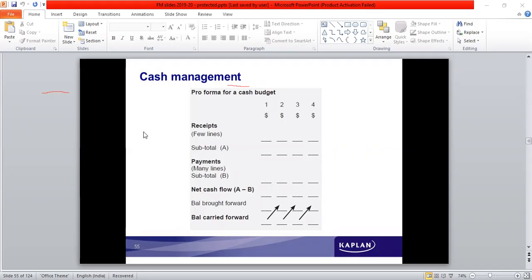The next topic is how is a cash budget prepared? See, when cash is invested in various current assets, during a period, for the future period, how much cash would be required also has to be assessed, because they also have to ensure that it doesn't go below the minimum limit, to ensure that they can make the payments promptly on the due date. So that is one important part there.